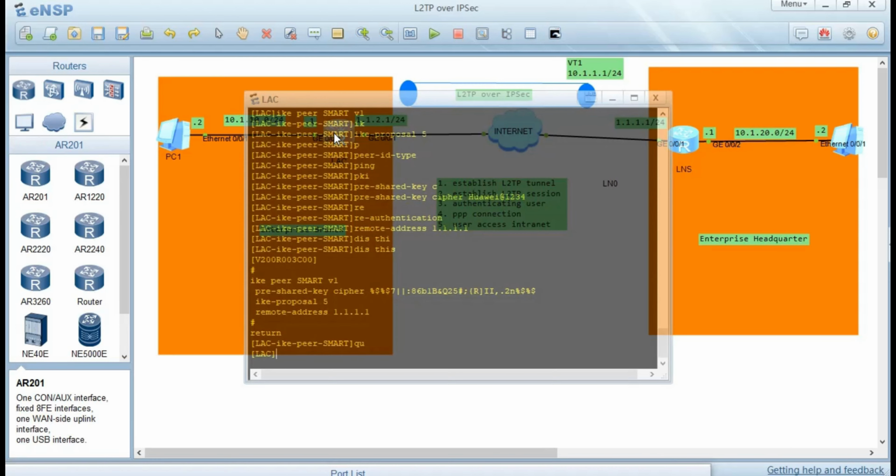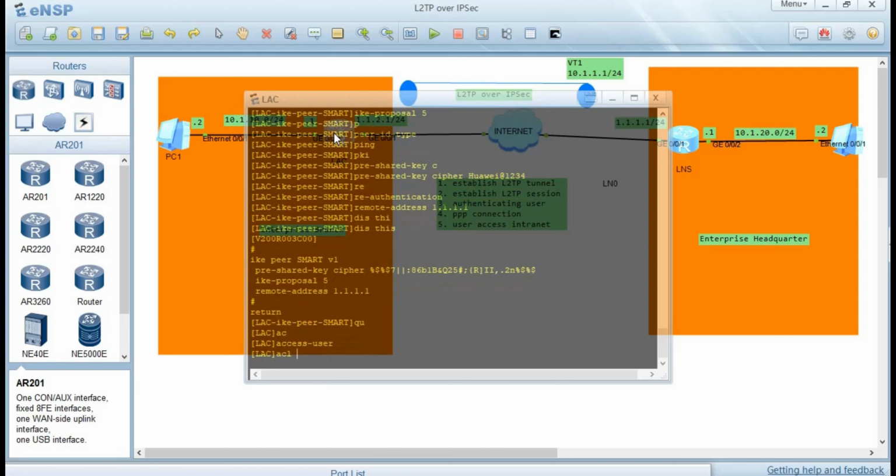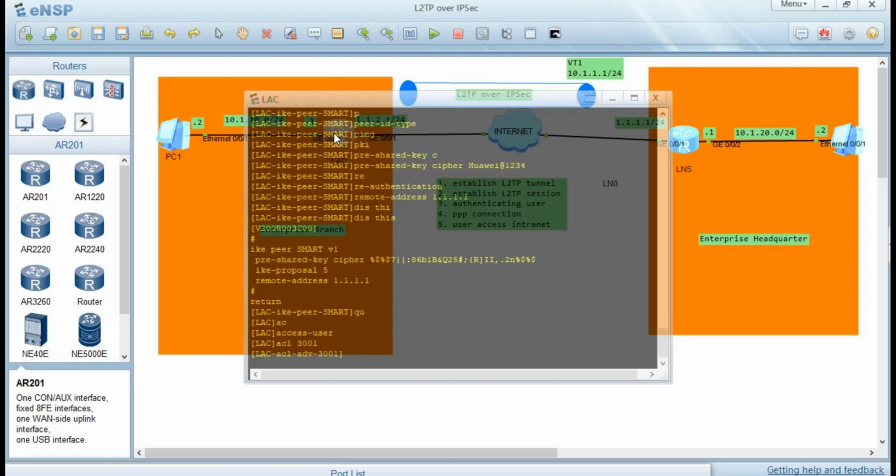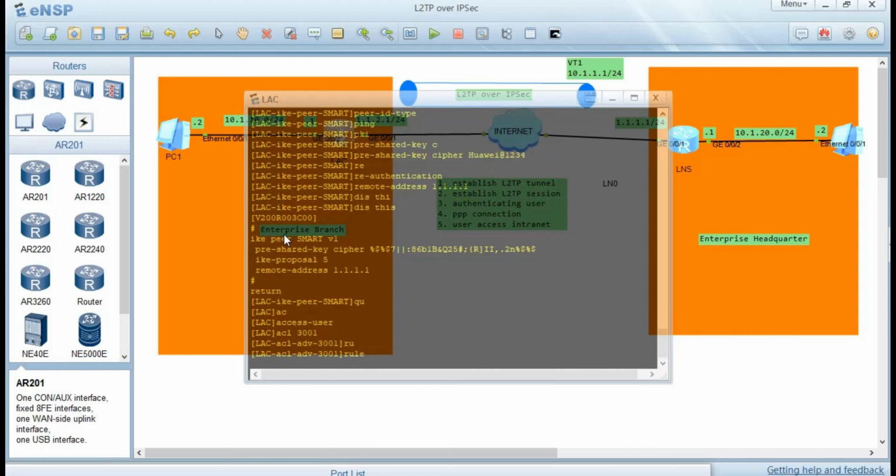Before we proceed, we were supposed to configure an ACL to show the network that is going to be protected in that VPN. So we are going to enter ACL, and here we use advanced ACL 3001. We are going to protect the network where PC2 belongs. So rule 10, we are going to set to permit IP